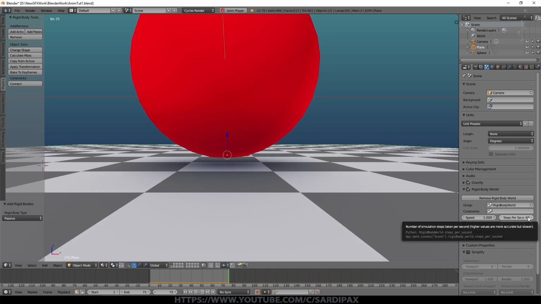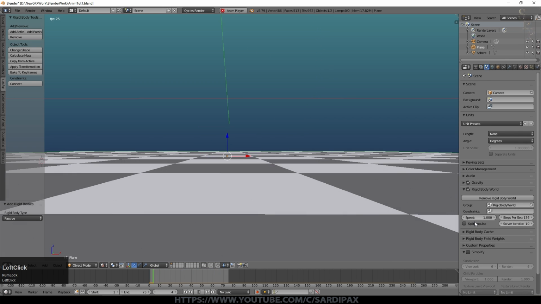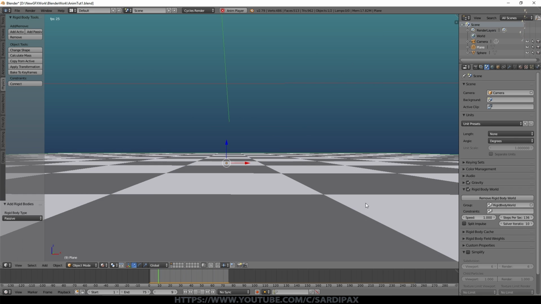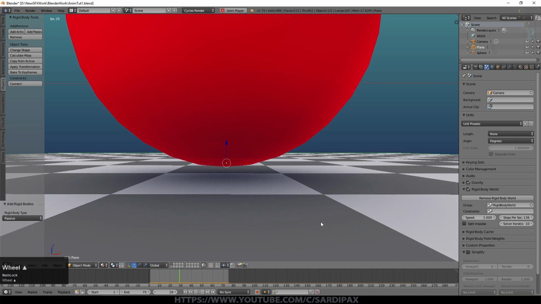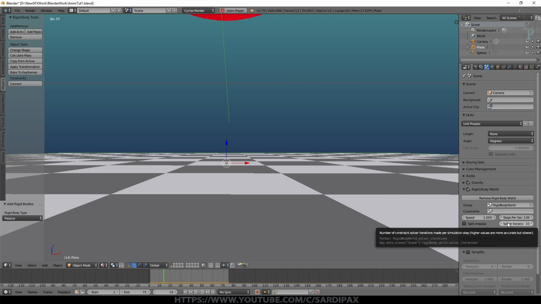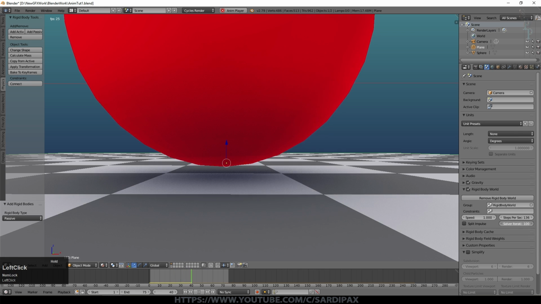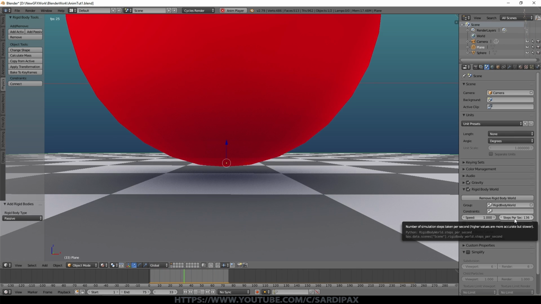But it can check a lot more often than that. So if I put that number up, it checks more often. And we've lost our bounce again, and that may just be a little quirk of calculations. One of the things about physics is it doesn't always get it right. So one of the other things we can do is look at solver iteration. This is where it goes round the calculation multiple times in order to refine the result. So we can put that all the way up to 100, and it's basically a more accurate calculation.